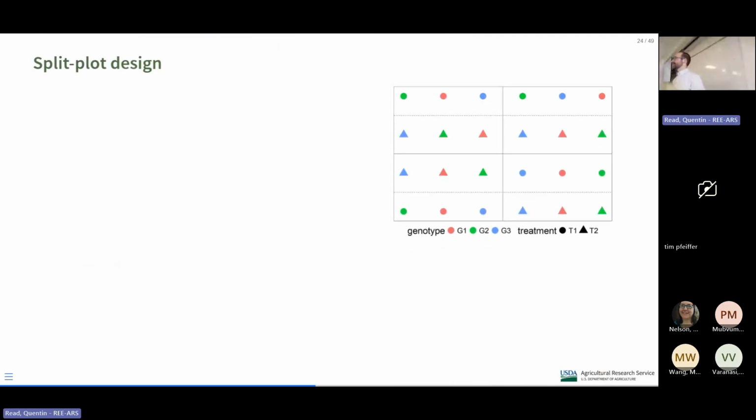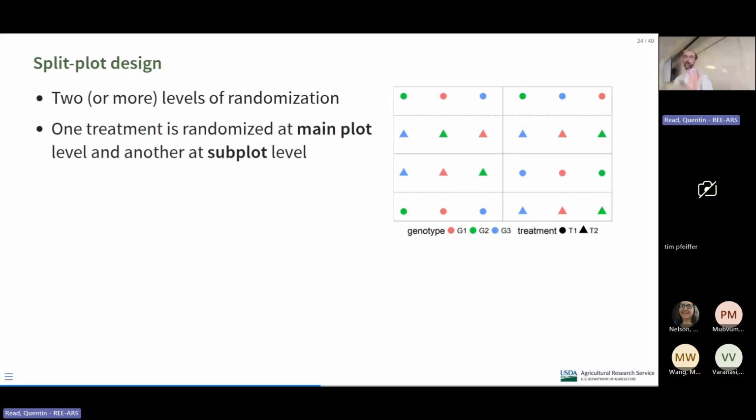And a split plot is a kind of subset of a randomized complete block design that you see a lot in ag studies. A split plot will be done if there are 2 or more levels of randomization. So if there's 2 or more factors that you're testing, you can do a split plot where one of the treatments is randomized at a larger spatial level. That's called the main plot, and then another at the subplot level. Like in this example,